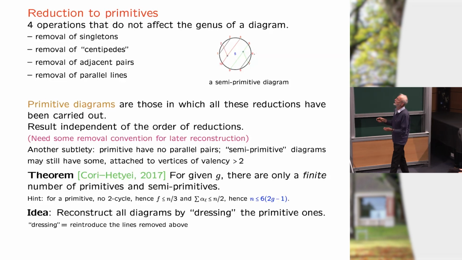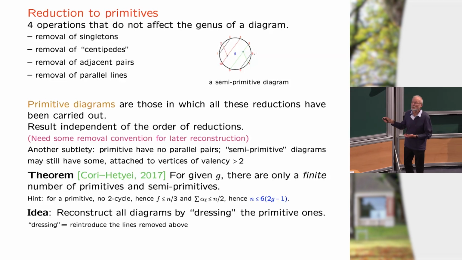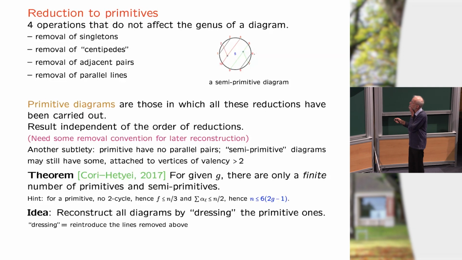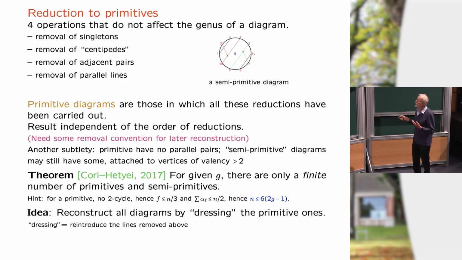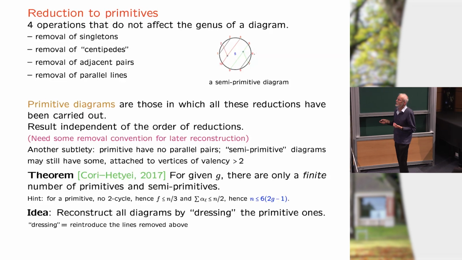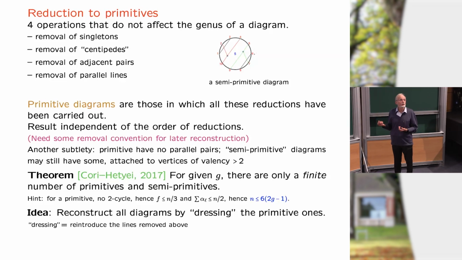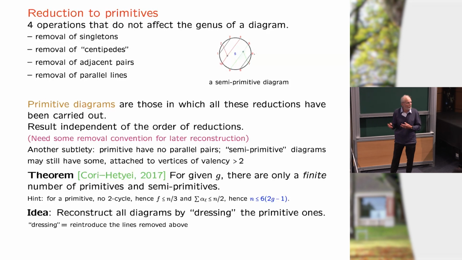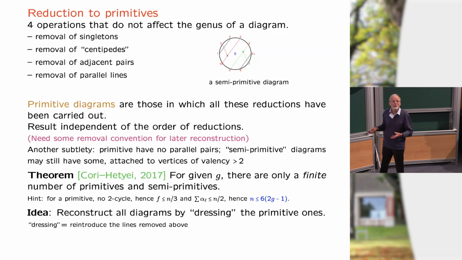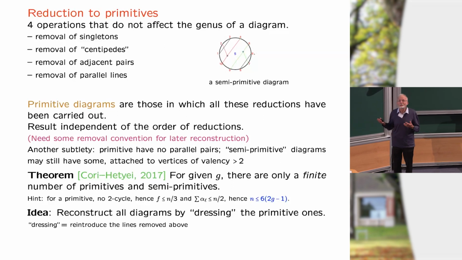Okay, so that's a simple and clear property. Now, an observation that Cori and Hetyei strangely didn't make is that you can now do the converse operations, namely, reconstruct all the diagrams from these reduced ones by what I call dressing. Of course, you have to be careful, avoiding double counting, etc. But there's a natural procedure,